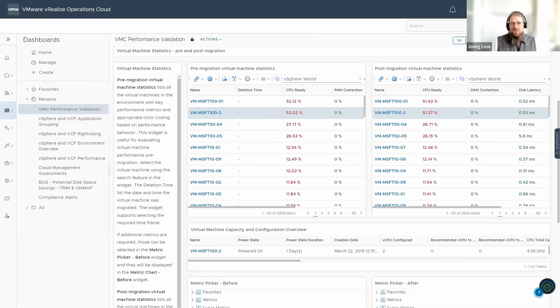And it might look a bit different if it's managed by VCD in a shared environment, because then as a service provider, you really have to look into which of these metrics you actually want to show to your tenants, because it is a shared environment. But of course, for you as a service provider, if you use vROps for that, you can create and customize these dashboards and create some reports and even automate these